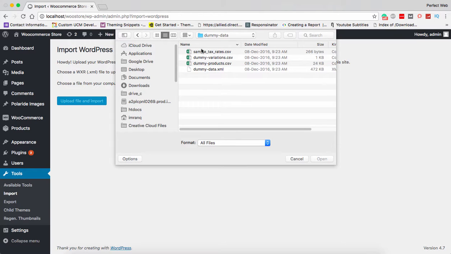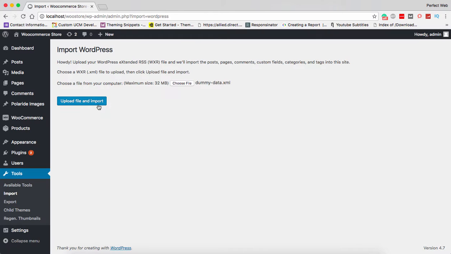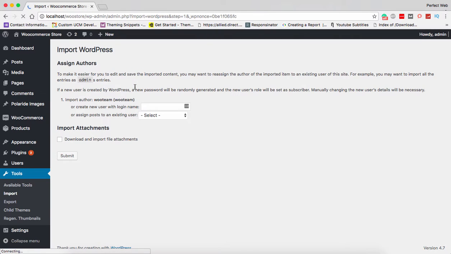You don't need to import these other things: dummy products.csv, dummy variations.csv, sample tax rates.csv. Just select this one, click on Open, and Upload and Import. And now comes the next screen, Import WooTeam.